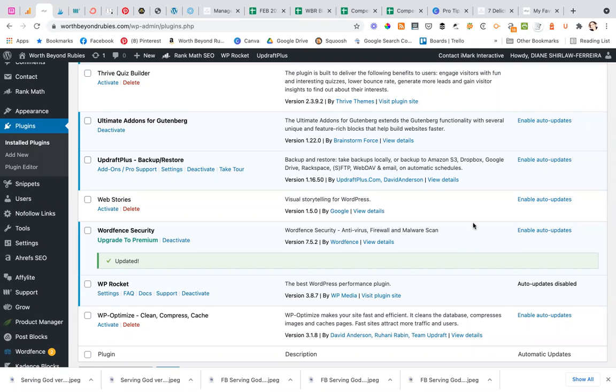It depends on the plugin, but what you should be able to do with counters is there should be a short code somewhere. So let's say you have a special offer and you want to count down, it's one week from today, and you want to do a 7-day counter. You should be able to create that 7-day counter in the plugin, and it should give you its own short code. And then let's say you have a 30-day counter. When you create that, it should have a separate short code, so that when you add it to your post,